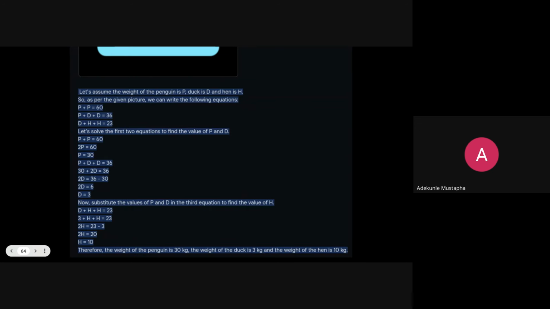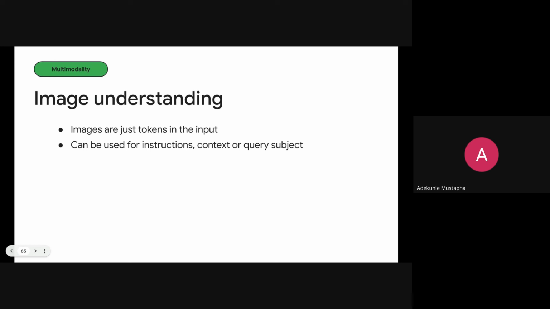So as you all can see, Gemini is capable of understanding the content of an image, and they are positional parts of the model input. So they can also be interleaved with text prompts as the subject of the question. So you can ask, what is this, and put the image after that, or use it as context for some larger textual instructions. So you can just pass some images and say, these photos and text represent a day of activities. Please summarize the event.